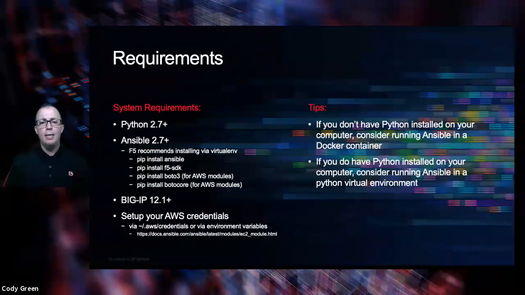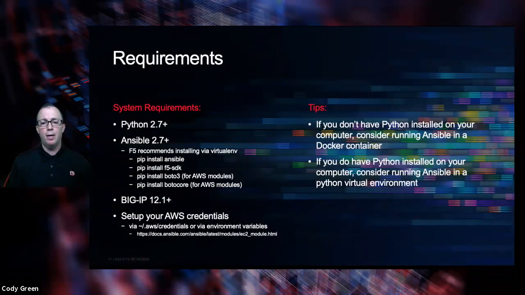environment on my Mac. And we're going to install Ansible and the F5 SDK. This is what allows us to use the F5 modules. And because the example works with AWS, we will be installing Boto 3 and Botocore. Now, Ansible only requires 12.1 or higher from BIG-IP, but I highly recommend, if you can, leverage our latest version, which is 14.1. 12.1 is about 2 years old now. There's a lot of capabilities that we've added and a lot of automation capabilities that you can take advantage of